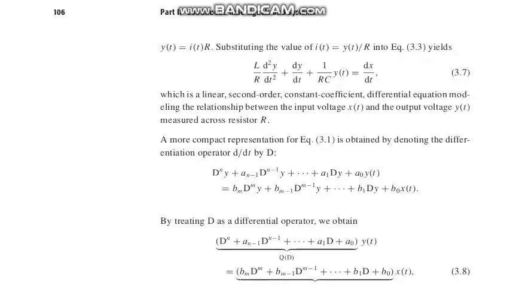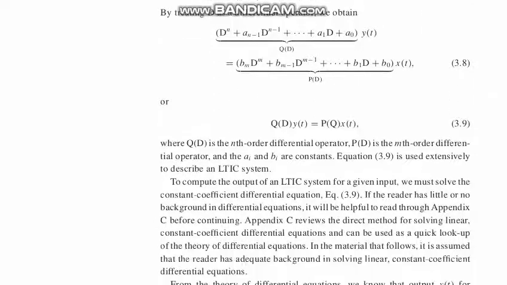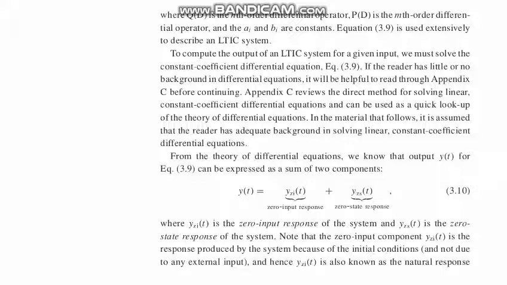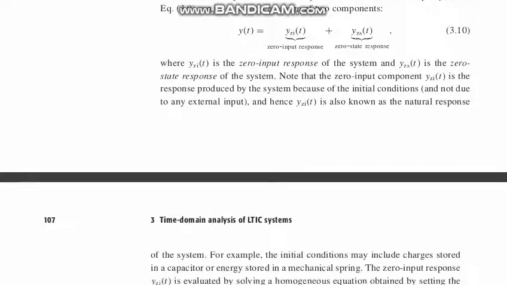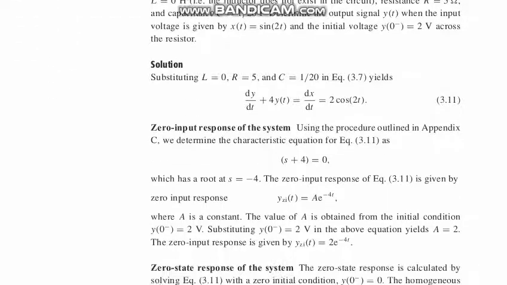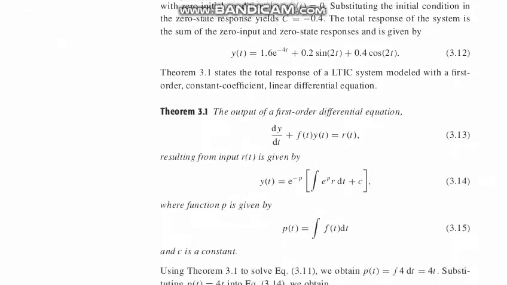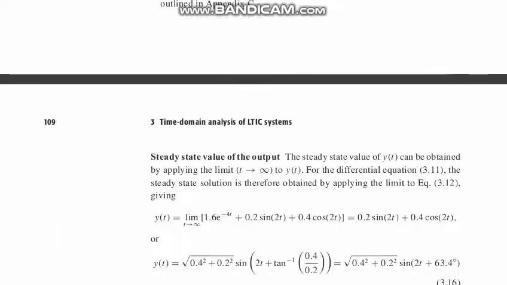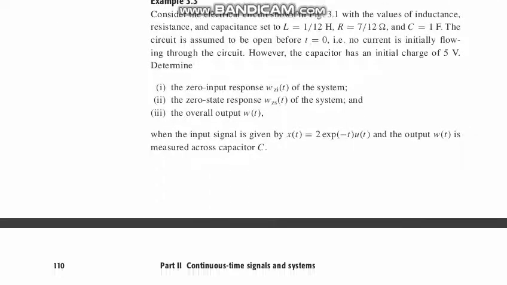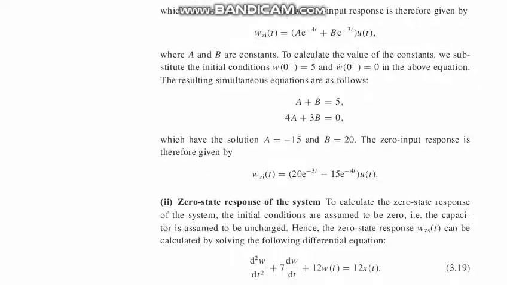Because there is a constant part. So did we now clearly understand the part, and now how to compute the output of an LTIC system for a given input? There might be other equations and other solutions too, but the main thing is that in the LTIC system we always have to think of a linear time invariant system.